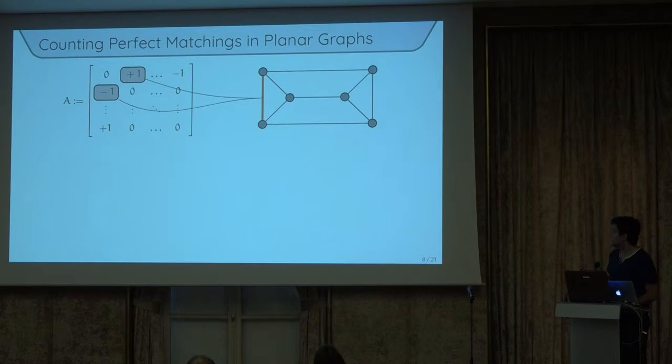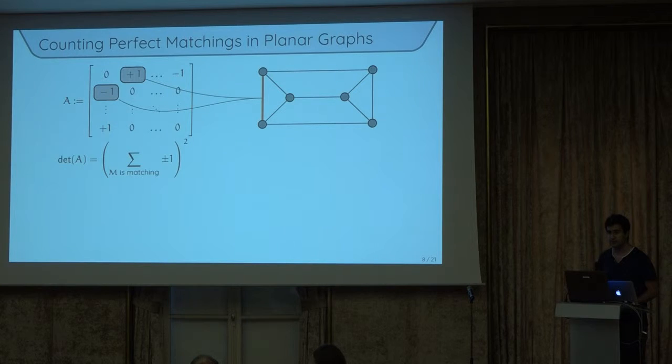So if you look at your graph and your adjacency matrix, and you put signs on the entries of the adjacency matrix, so that for each edge, one of the two is +1 and one of the two is -1, then the determinant of this signed version of the adjacency matrix, also sometimes called the Tutte matrix, is basically the square of a sum over perfect matchings of ±1. So depending on how you assign signs, each perfect matching gets a sign, and then you have this sign sum